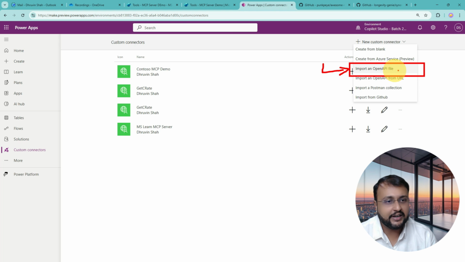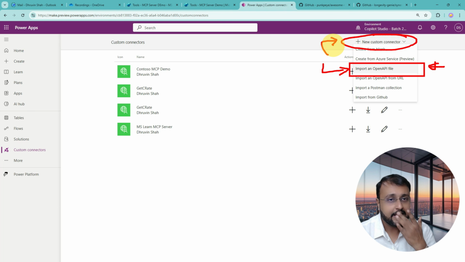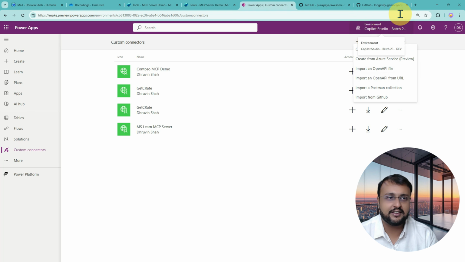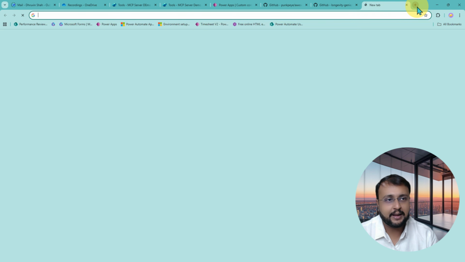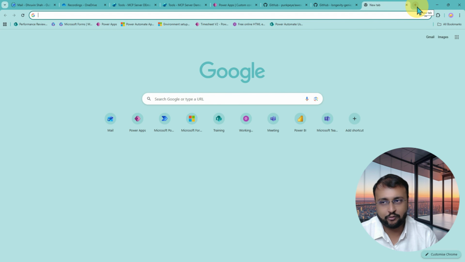If you need this OpenAPI file, I will provide the download link in the description box. You can download it there and practice around it as well. This is the ready-made OpenAPI file. People from a Power Platform background already know what a custom connector is, so I'm not going into too much detail. Just to give you a quick idea about the custom connector: most of the time, any popular API providers, for